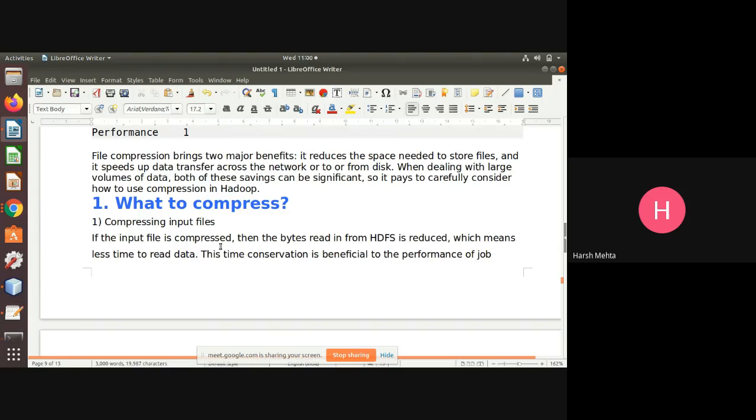They compress the file. So that if we give a compressed file to Hadoop, it will reduce our network traffic and also reduce the space.